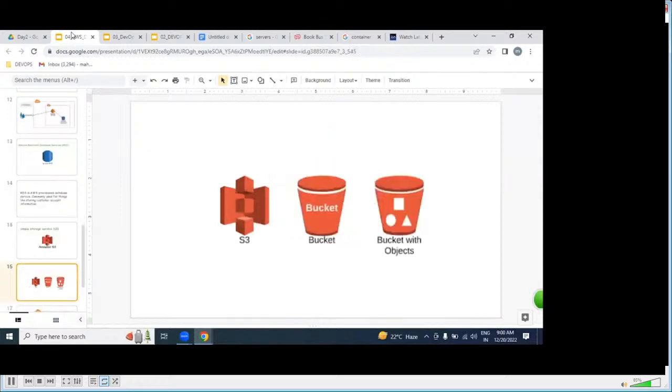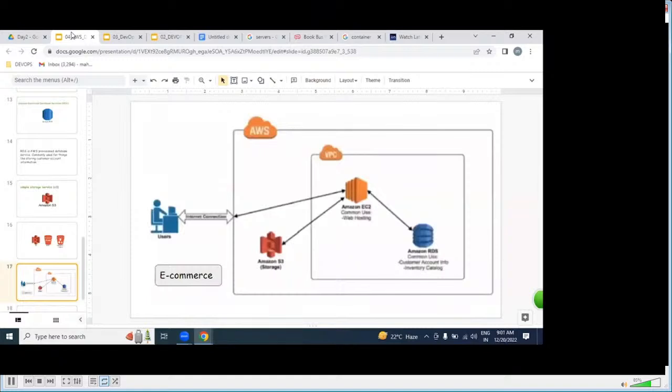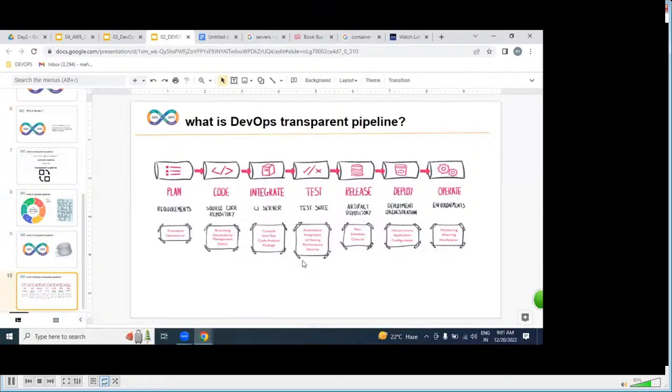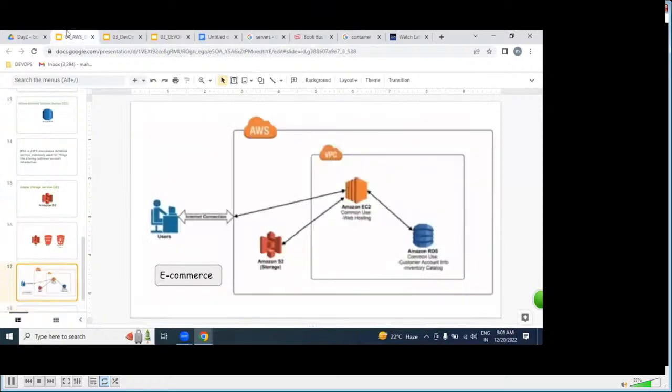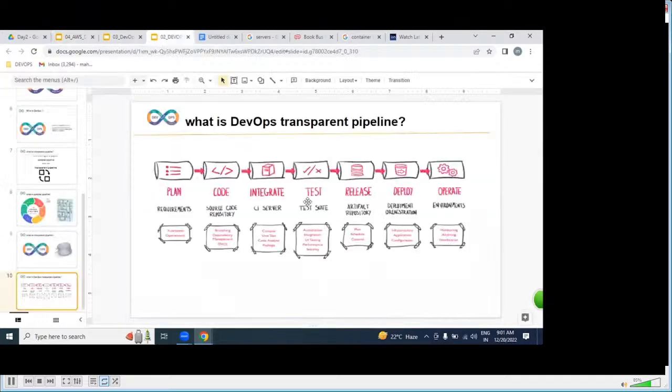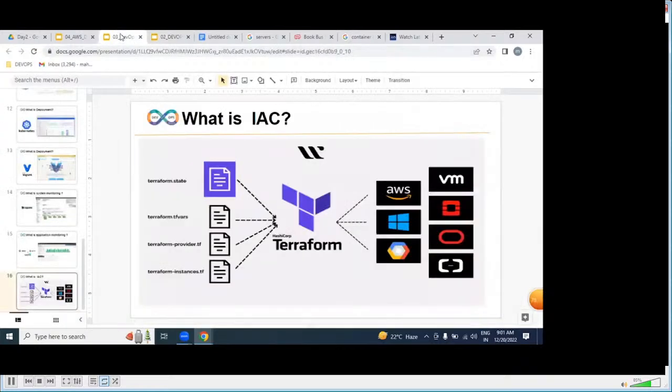So with the help of all these services, we can get infrastructure, whether network, storage, or database. On top of this infrastructure, we are going to implement our DevOps process. I'll repeat this point. By using AWS, we can get this infrastructure. On top of it, we implement an automated, transparent pipeline using DevOps, and for that we use this tool stack.